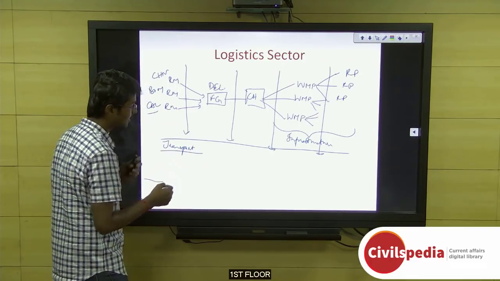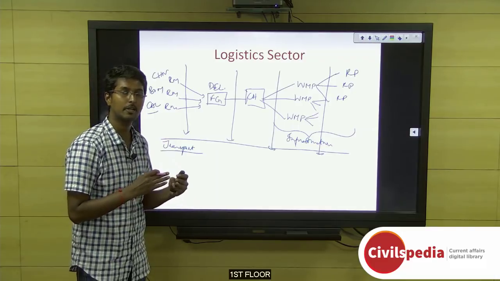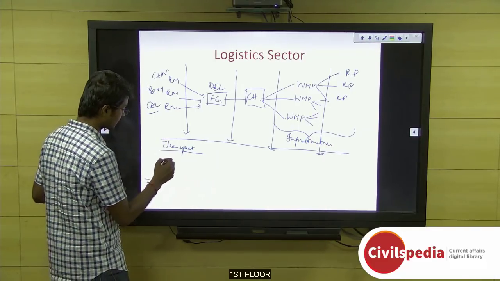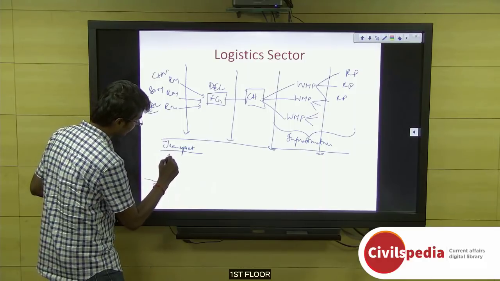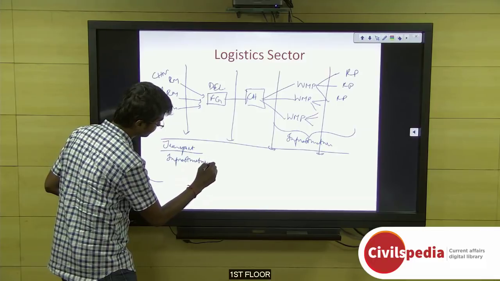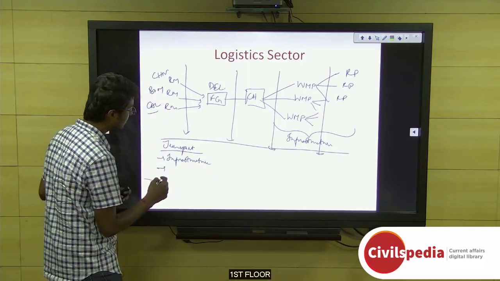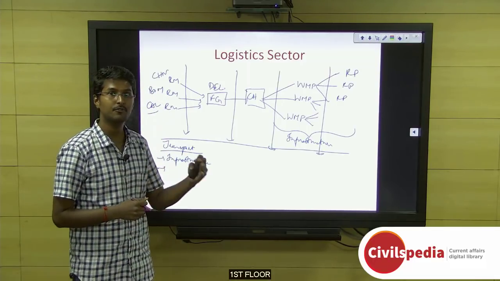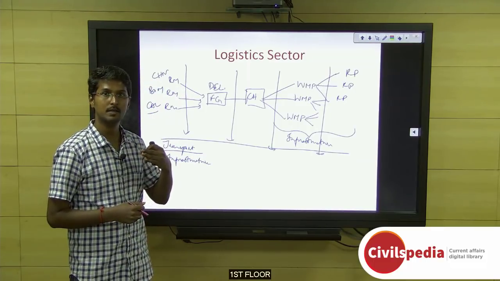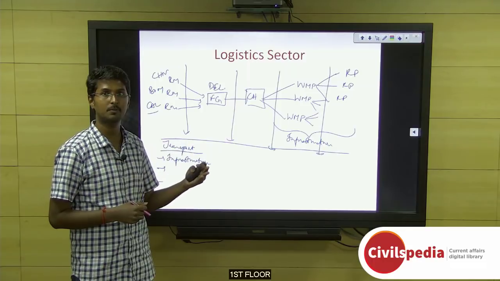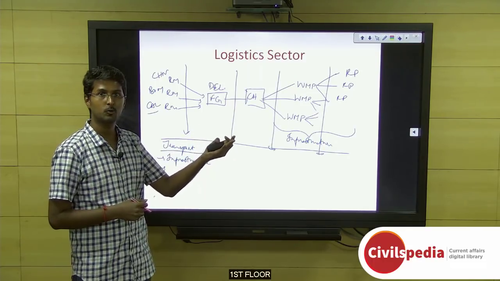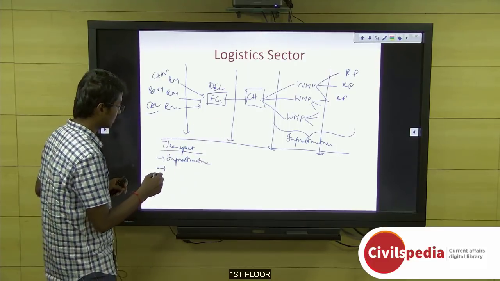So let us see what we need for transport infrastructure. Basically, you need to have a road, rail, air or a sea water-based infrastructure. So infrastructure is the first thing. And for these goods to pass through different states, say if it has to go from Chennai to Delhi by road, it has to cross many states, from Tamil Nadu, Andhra Pradesh, Maharashtra, Madhya Pradesh to Uttar Pradesh and to Delhi.